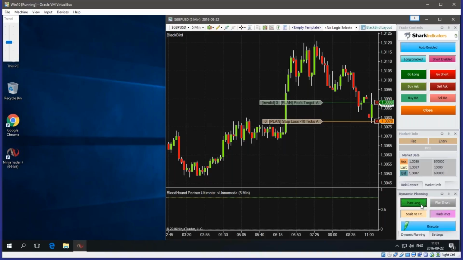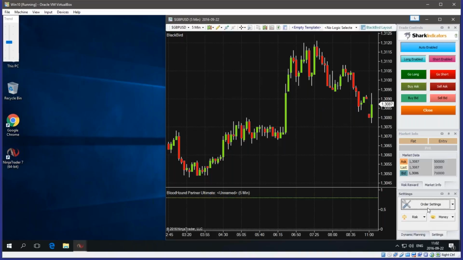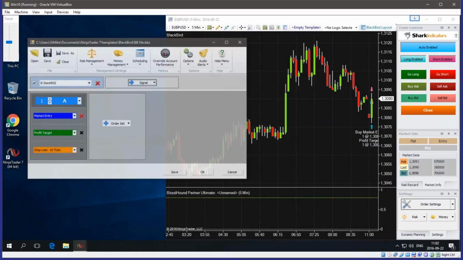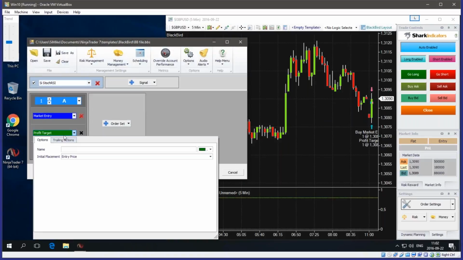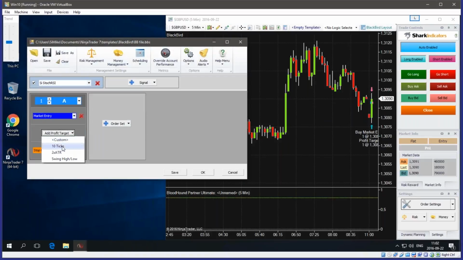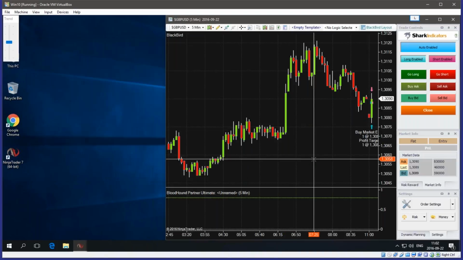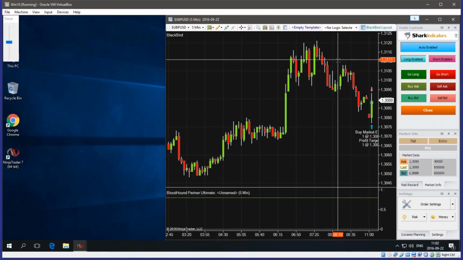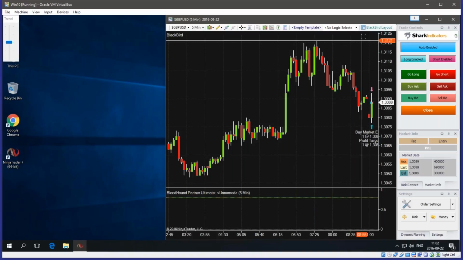So say, for example, you use one of the chart trader buttons and you put yourself into a long position, but then BlackBird gets an auto trade signal to go short. Well, then that option would allow BlackBird to